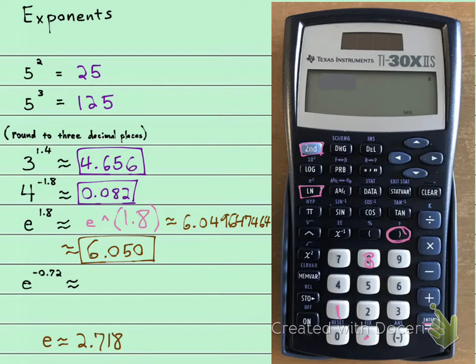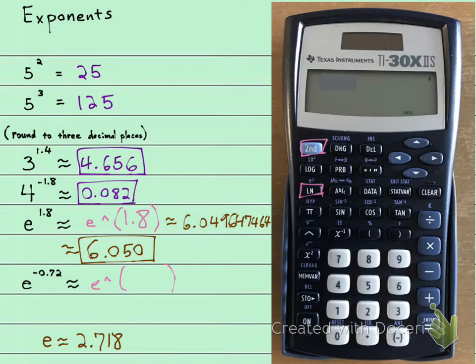All right, and let's take a look at e to the power of a negative number. So let me clear out the pink on the calculator, and let's do it. e to the power of negative 0.72. So to engage the e, I need to hit second. So I'm going to hit second ln, and on my calculator that gives me e to the power of,